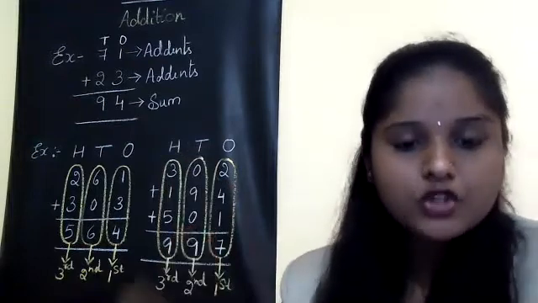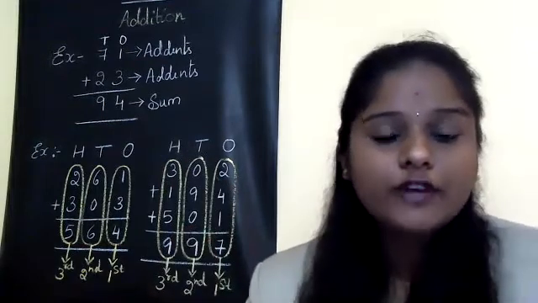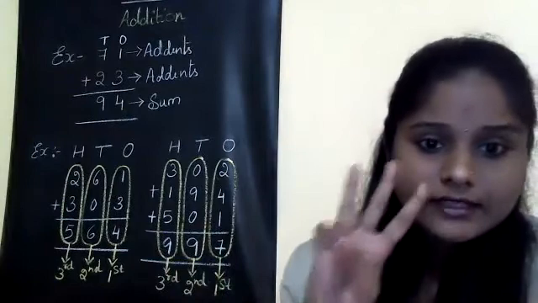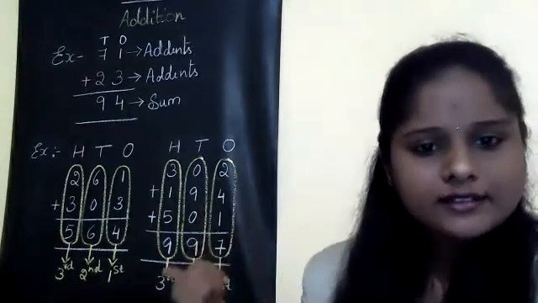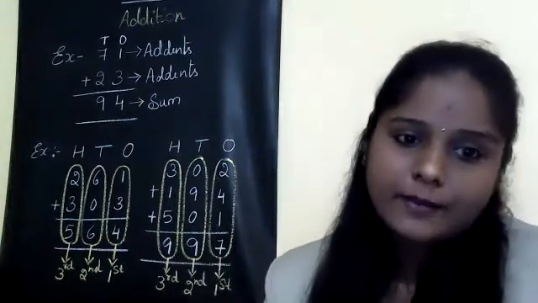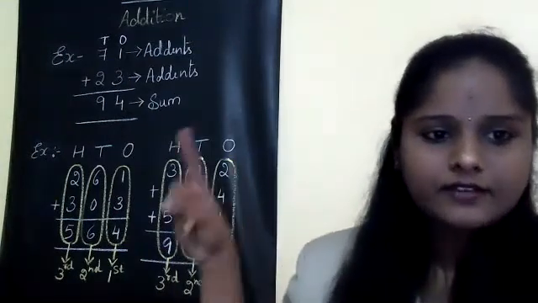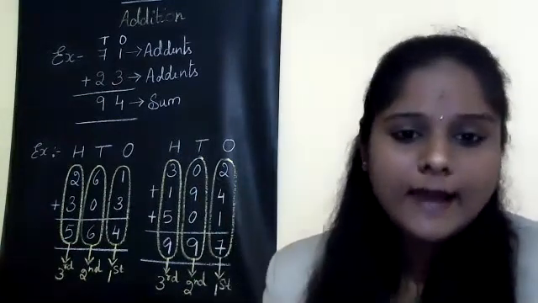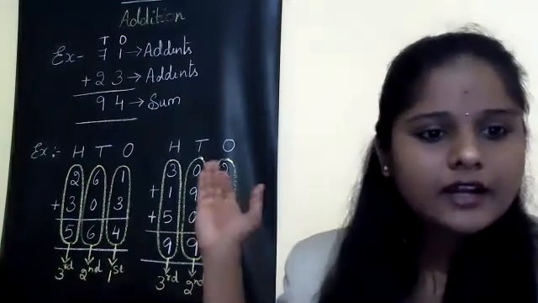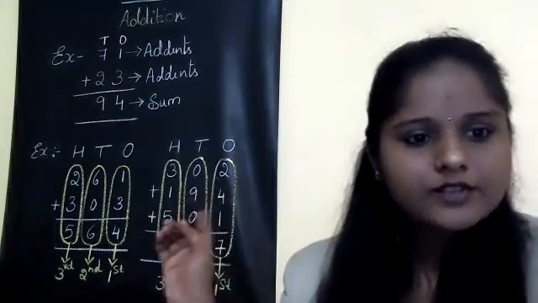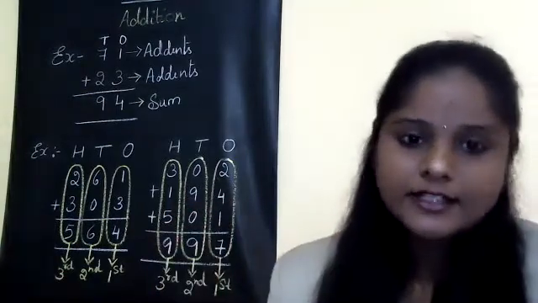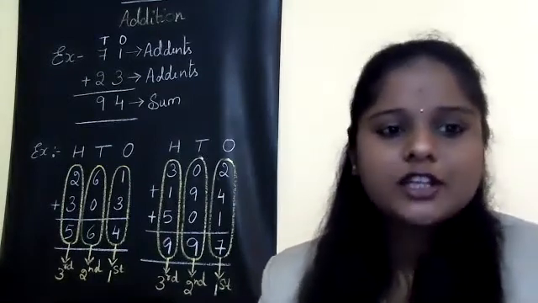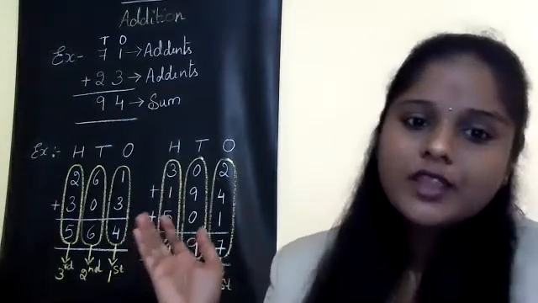Now let us move on to addition of three 3-digit numbers. Can you see? Here are 3 numbers, isn't it? There are 3 numbers we have taken. So in this step also, all the rules will remain the same. First step is writing the places that we have already done: ones, tens and hundreds. Next step is writing the numbers according to their places. And that also has been done, isn't it? The numbers in the ones place, we have written in the ones place. The numbers in the tens place, we have written in the tens place. And the numbers in the hundreds place, we have written in the hundreds place.